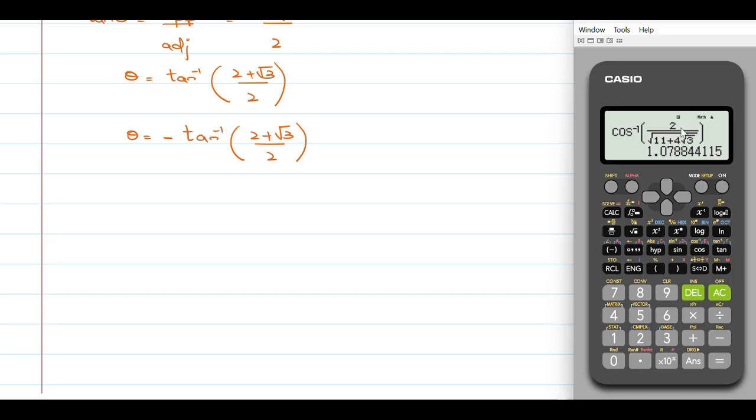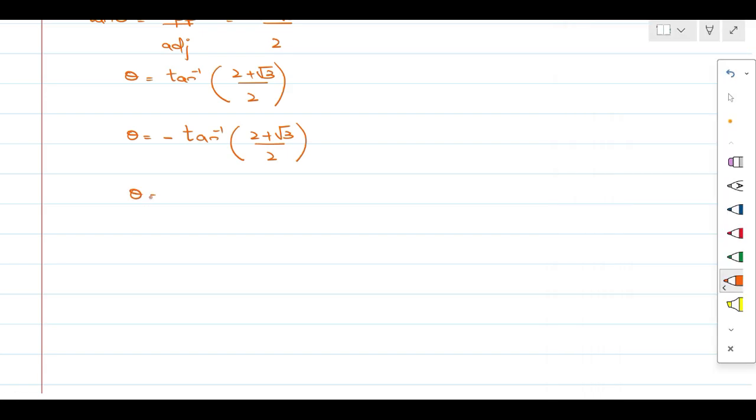Okay, now my calculator is in radian mode. We can do it in radians first, right? So do tangent inverse of (2 plus square root of 3) divided by 2 and close the bracket. So this angle is 1.08. Theta is minus 1.08 radians,